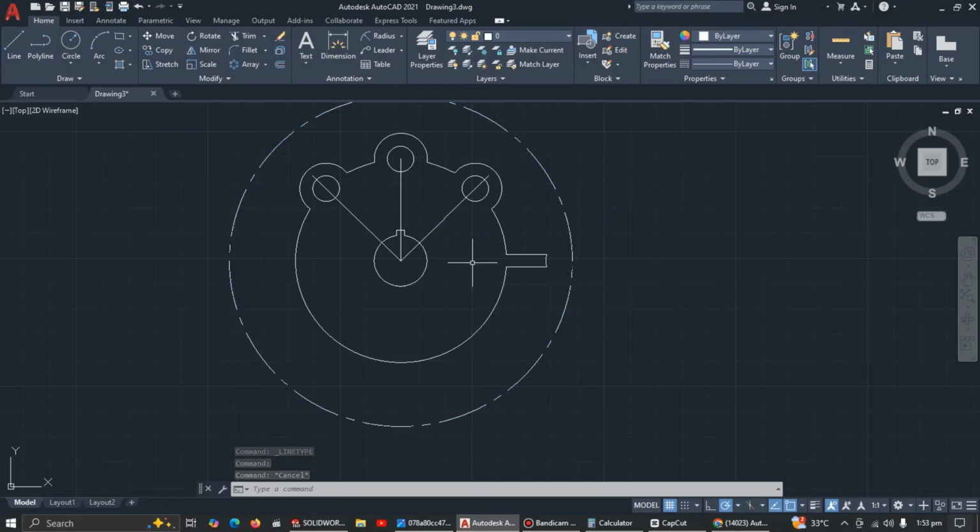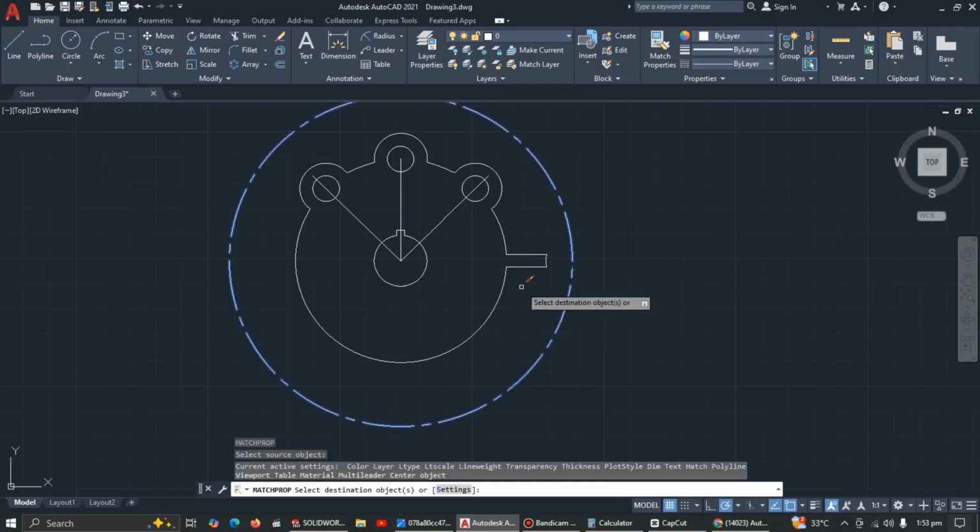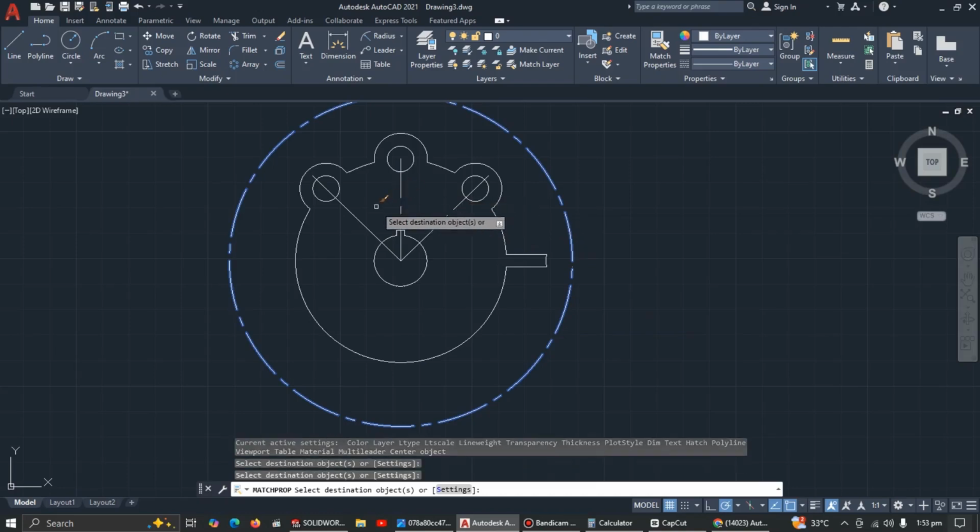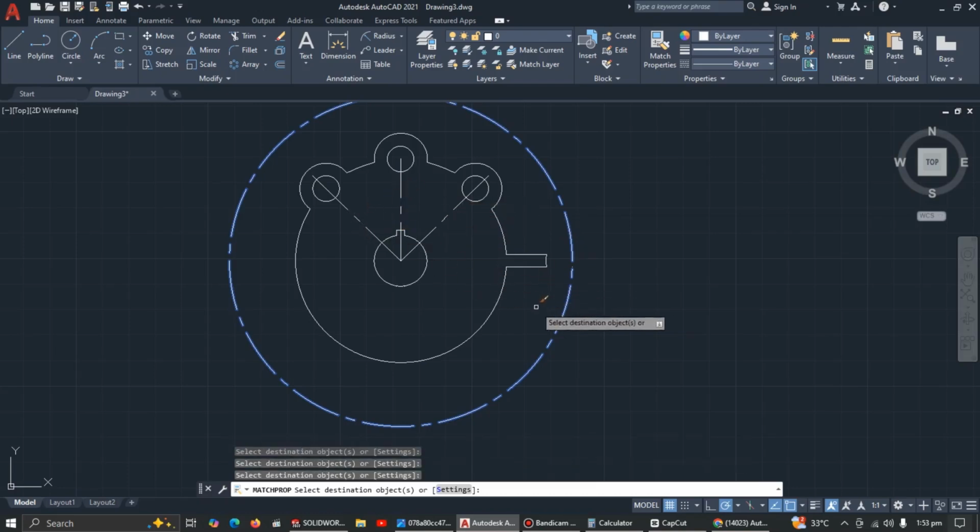Okay, so to do that, just enter MA on your keyboard for match properties, and then it asks for the source object. We want these lines to be like this, so it is asking for the source. So this is my source. I'll click and then just click these 3 lines and they will be the same as this. Okay, all right, so now